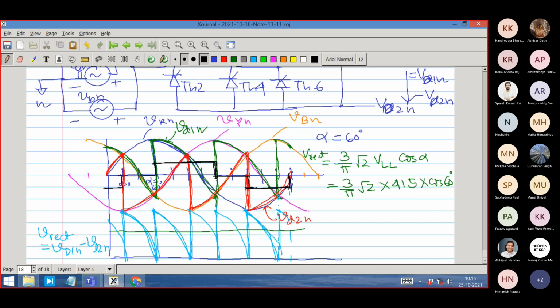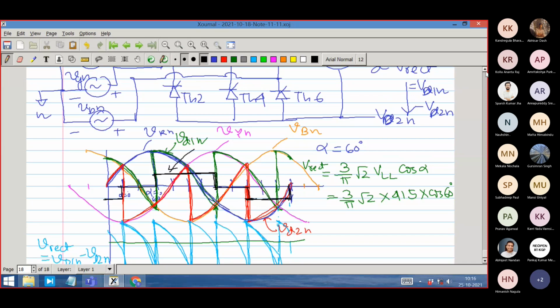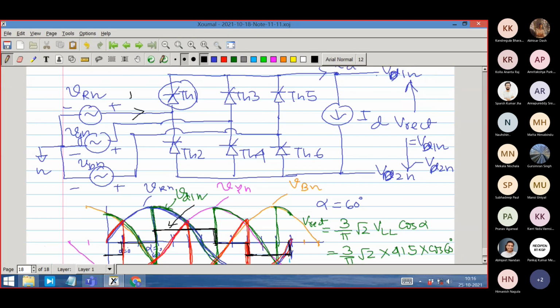And you have seen the shape of the voltage. I am again drawing R phase voltage. R phase voltage is blue color waveform. That is this. Look at the position of the current. With respect to this voltage, R phase voltage, this is the R phase current. I will write it as IR. This is IR, R phase current.